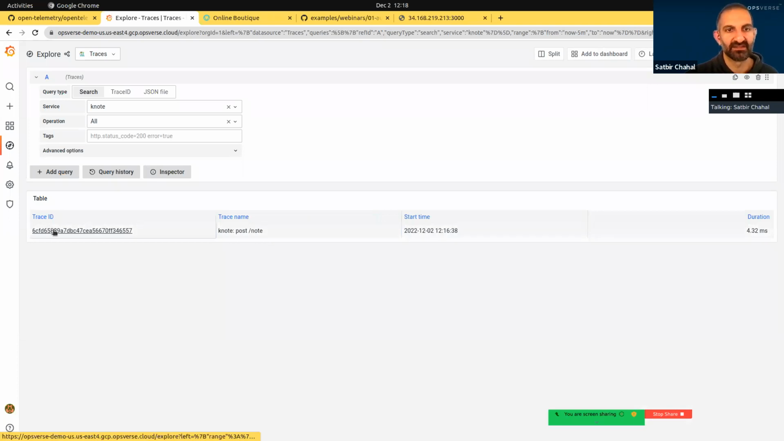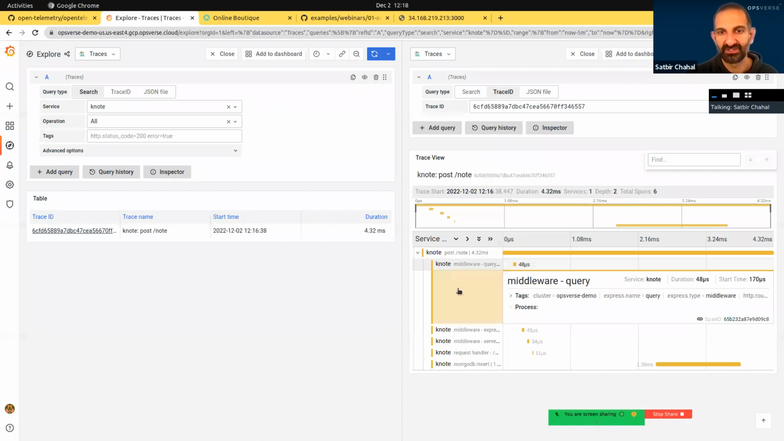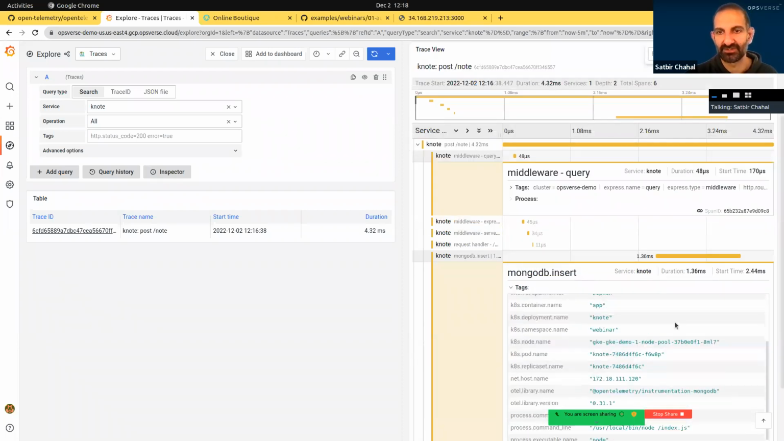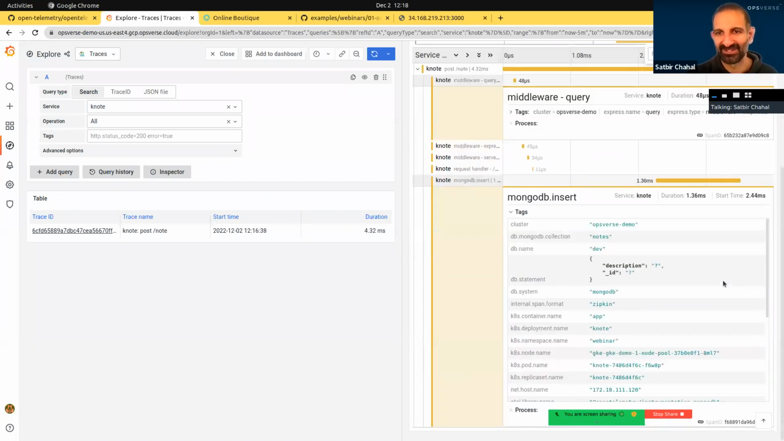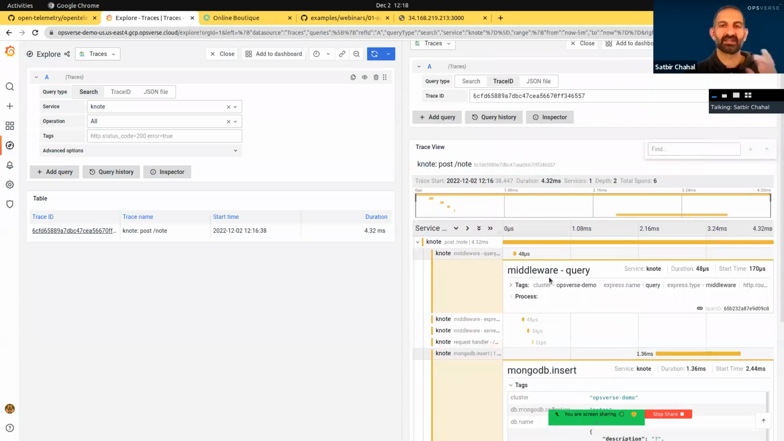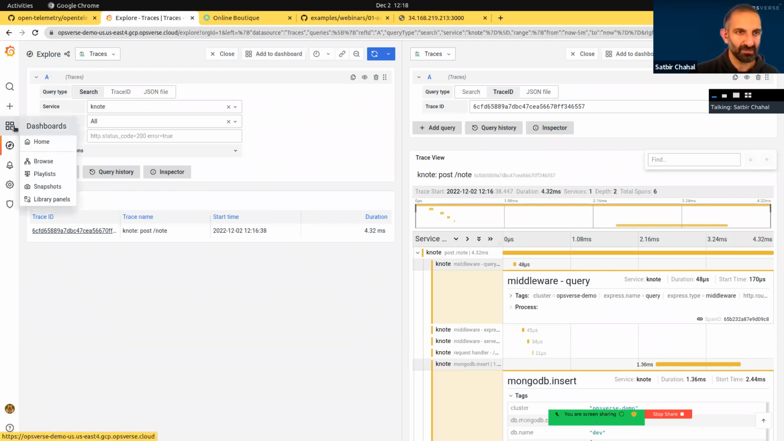If I look at this trace, you see all the operations that went through it. Basically you see here the insert to the DB and how long it took. That was actually pretty fast, I think. And a lot of metadata. So that's the basic tracing information you get with just Jaeger. But we also went ahead, and if you go to our dashboards,